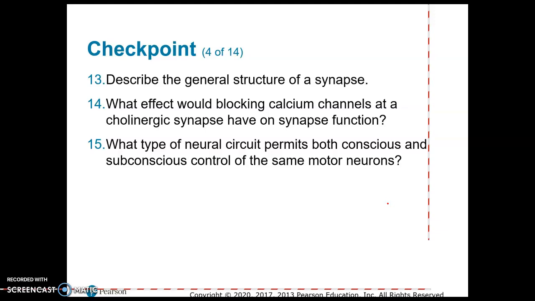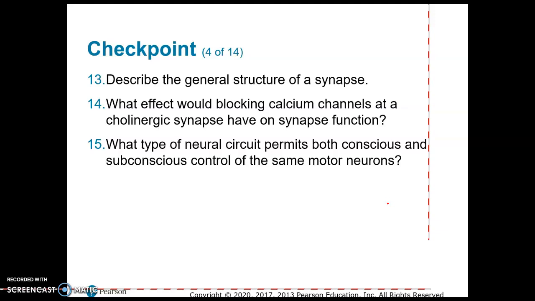So the general structure of a synapse is that you have a presynaptic neuron that contains neurotransmitter, and then you have a target, which can be a muscle or a gland or another neuron, and the neurotransmitter is released across the synaptic cleft. It binds to receptors on the postsynaptic